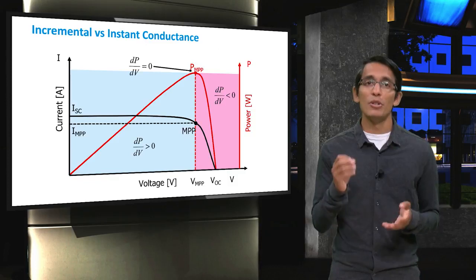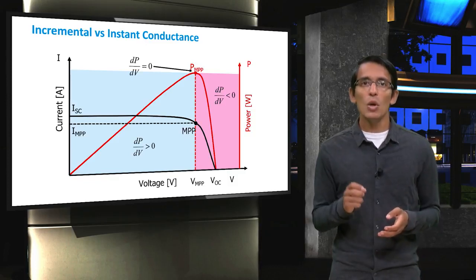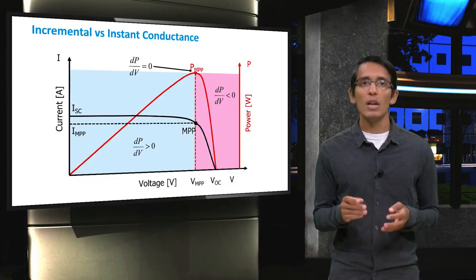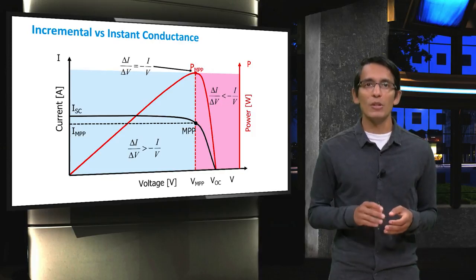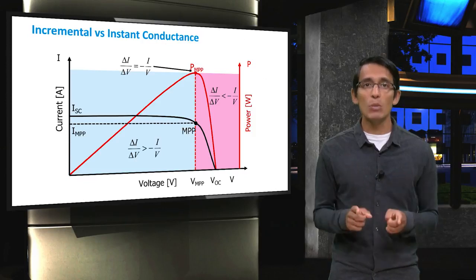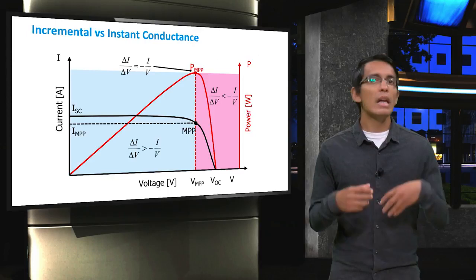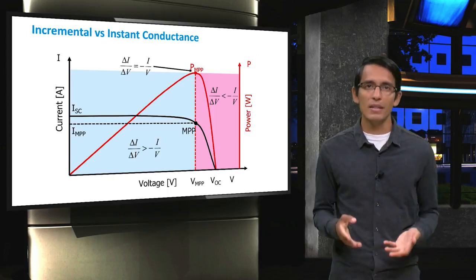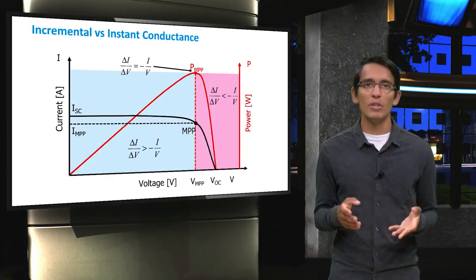So now you see our original plot. Using what we just calculated in the previous slide, we can change this to relate to the incremental conductance. So we know that if the incremental conductance is equal to the negative instantaneous conductance, we are at the maximum power point. If the incremental conductance is less than the instantaneous conductance, we are in the pink region, meaning a